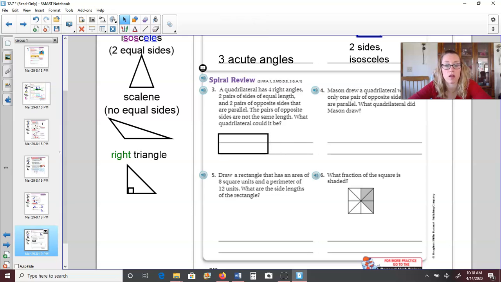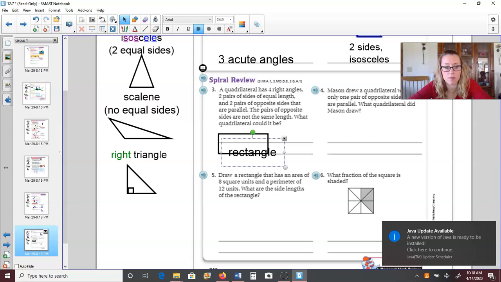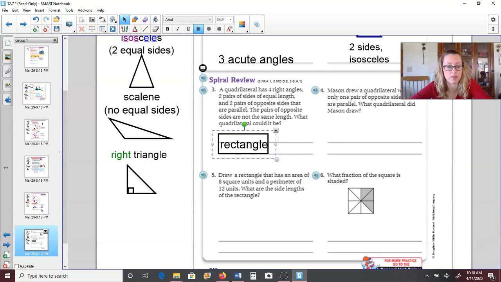And what do we call that shape? A rectangle. So sometimes the words are confusing in a problem, and like I've said multiple times, we try to just get rid of the fluff, the extra words, or highlight important words, or just read